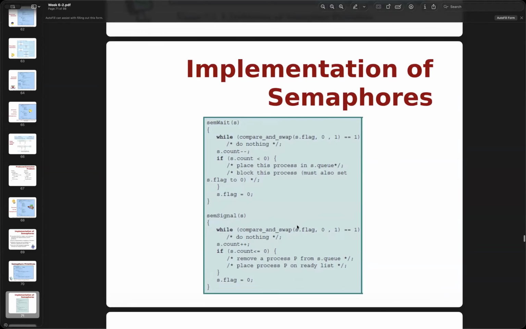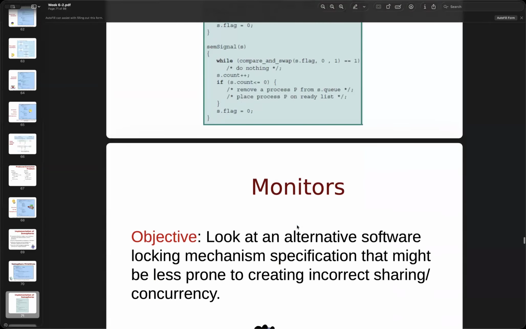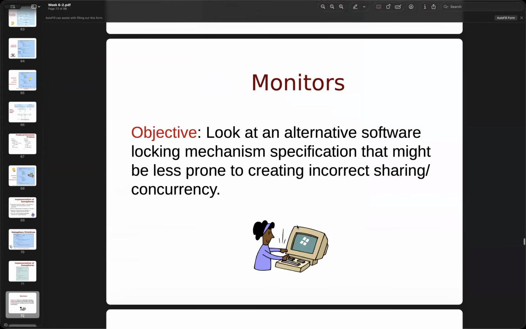And so far we are going to finish this part, and we will start our monitor